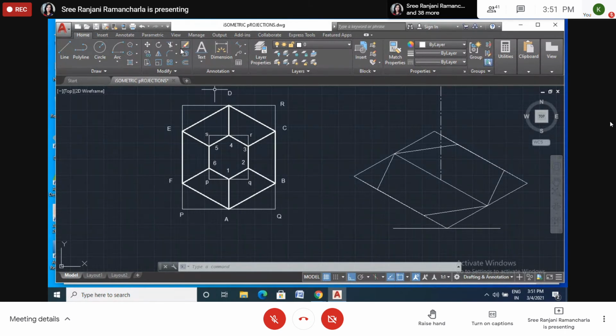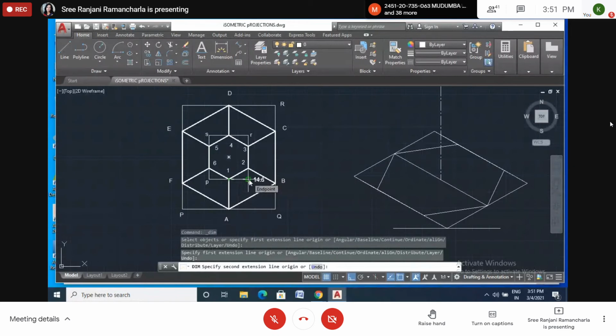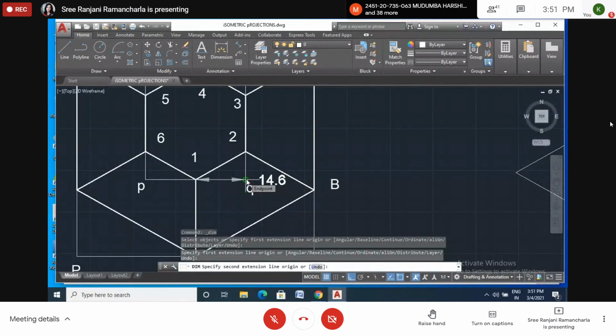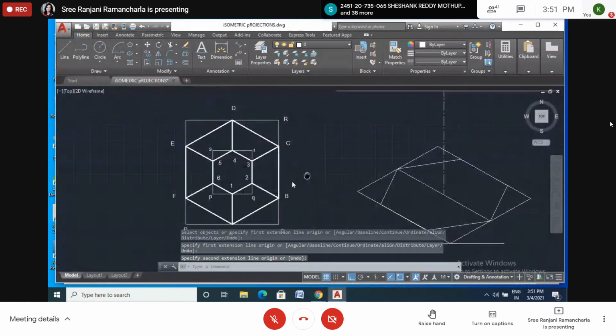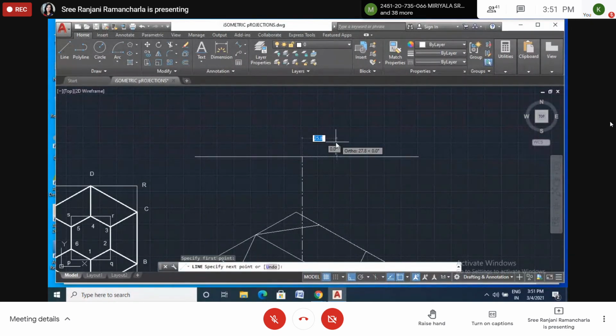Okay. Now I will measure this one. Drawing here you may feel a little discomfort, but when you draw with a scale in manual drawings, it will be very easy. Once you do it in AutoCAD, it is easier than manual drawings. So this length is 14.6. This length is 14.6. So from the center, we'll draw 14.6. At the rate 14.6, less than 30. Enter.